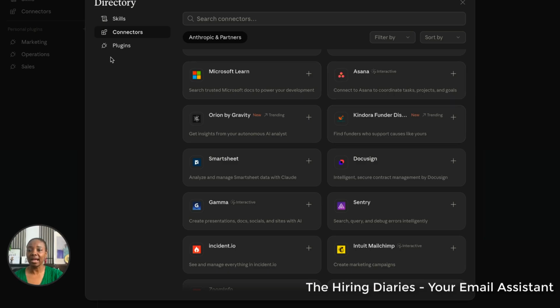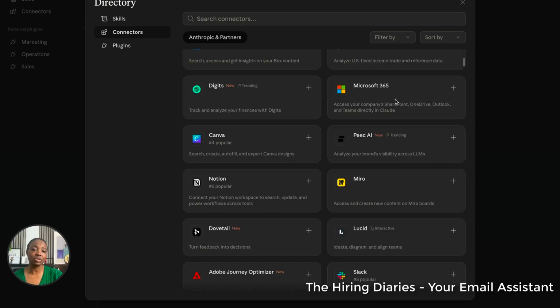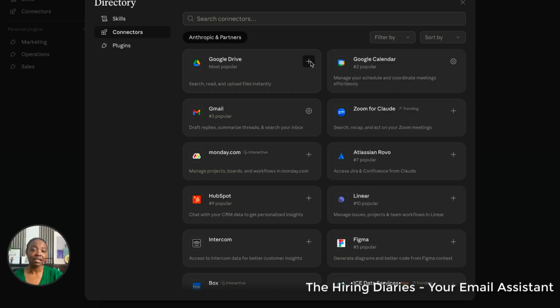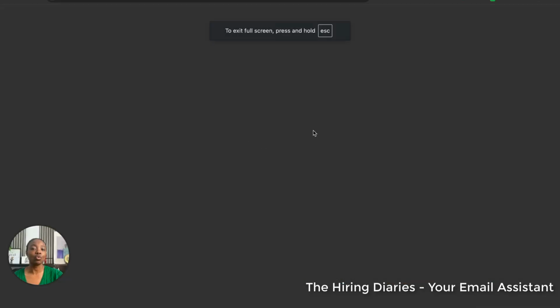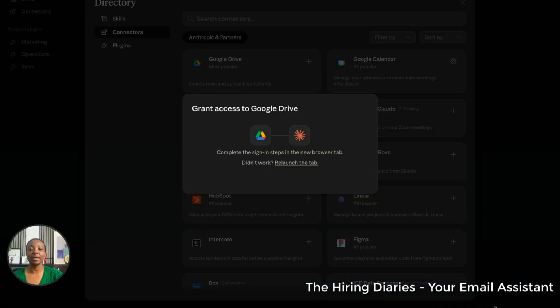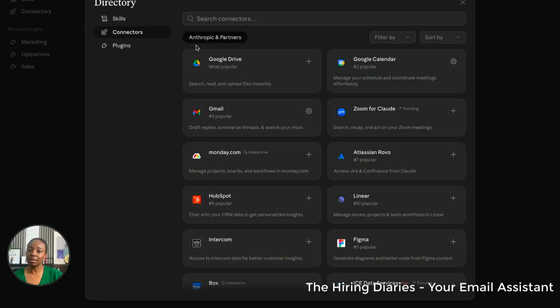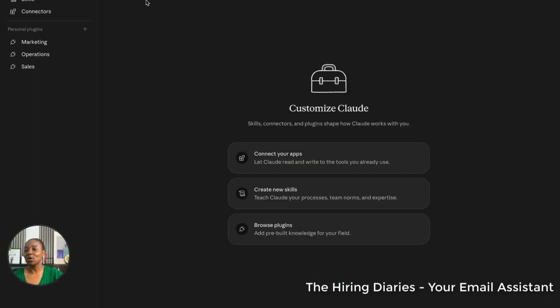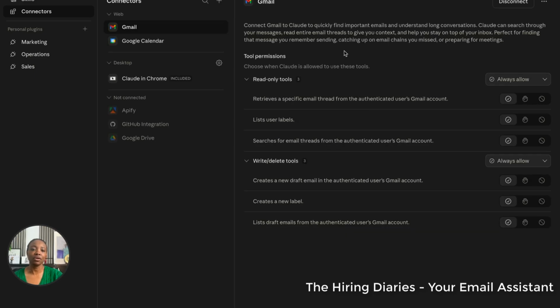But I'm just going to go out of here, and if you needed to do it, all you need to do is click on what you need to connect, click on the plus sign, and it will walk you through the process you need to do. I won't be doing that right now. So I will come out of that and go into connectors. Now, what I want to show you here is quite important because this is where you allocate